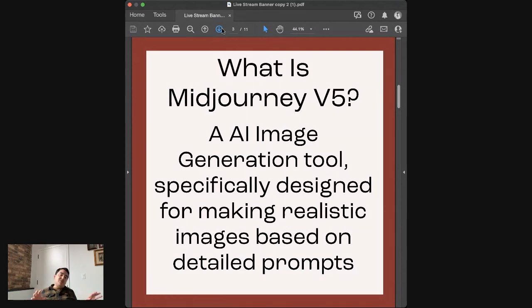Yes, for version 5, you'll see it when you switch over to V5. It's much better at text, and I'll show the example of that in a second. But yes, it struggles with writing the exact text that you want or keeping the same logo. Like if you upload a product shot, for example, I'll show you the Gatorade version in a second. You're not going to get a Gatorade bottle in your comp, but you're going to get something that looks like a Gatorade bottle. And the colors and the logos that you want are going to be close. But then I think you have to take it that next step and you have to Photoshop it.